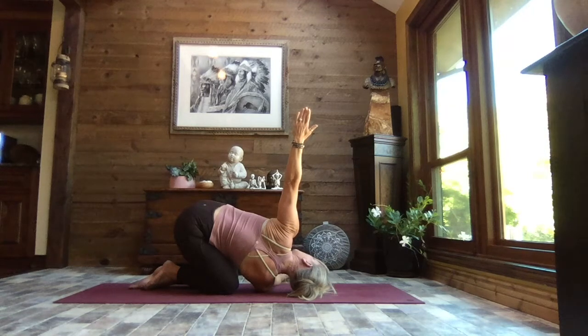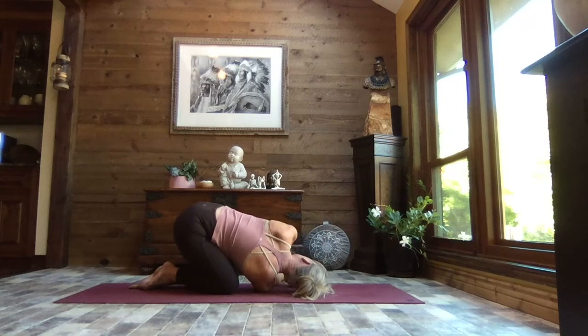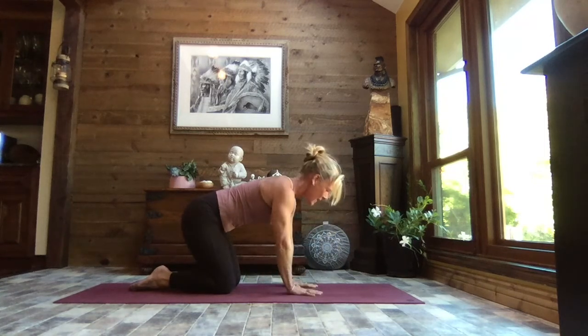Again, where does your gaze need to be? Right along the floor? Or do we look up to find the base of that right thumb? Breathe. As you exhale, releasing that left hand down, pressing it back up to tabletop, and let's sit it back to